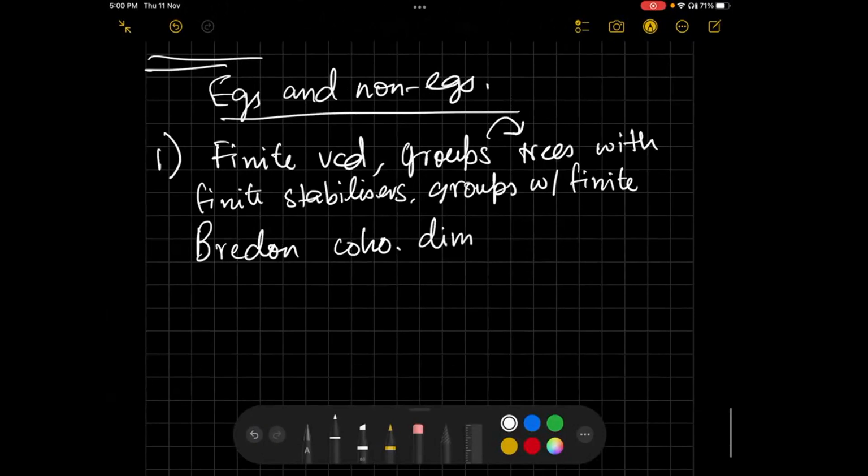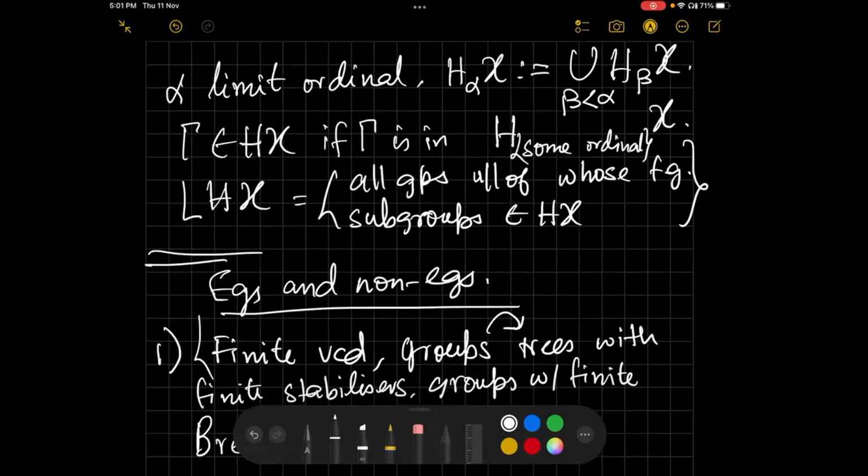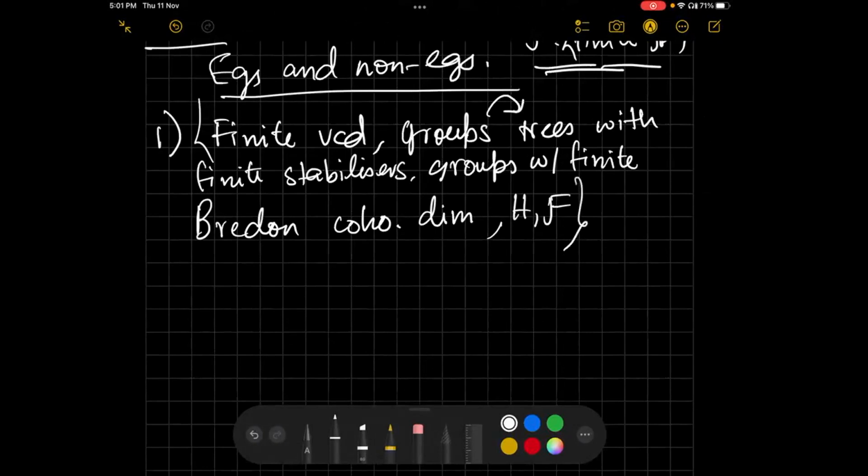All these guys, and also H1F groups, where, throughout this talk, F alpha A, as I've already said, will denote the class of type phi groups over A, and F will denote the class of finite groups. And H1F groups, all these guys are type phi. I'll come to a non-example in a minute. So H1F groups are examples of groups in the hierarchy.